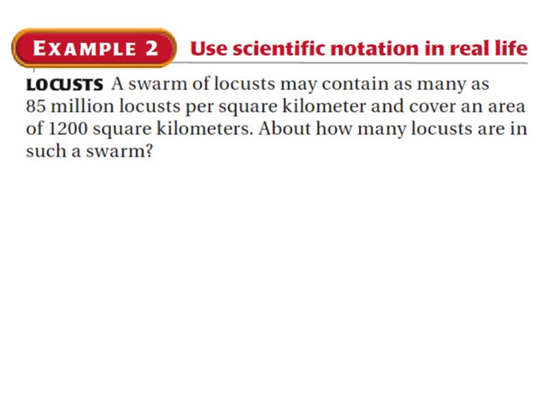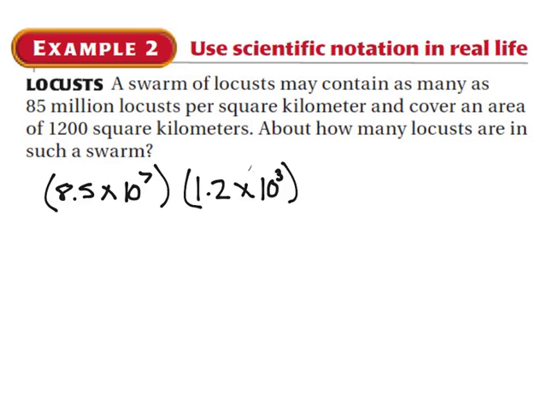Now we're going to use scientific notation in real life. A swarm of locusts may contain as many as 85 million locusts per square kilometer and cover an area of 1,200 square kilometers. About how many locusts are in such a swarm? And this is both of those written in scientific notation. 8.5 times 10 to the 7th is 85 million. 1.2 times 10 to the 3rd is